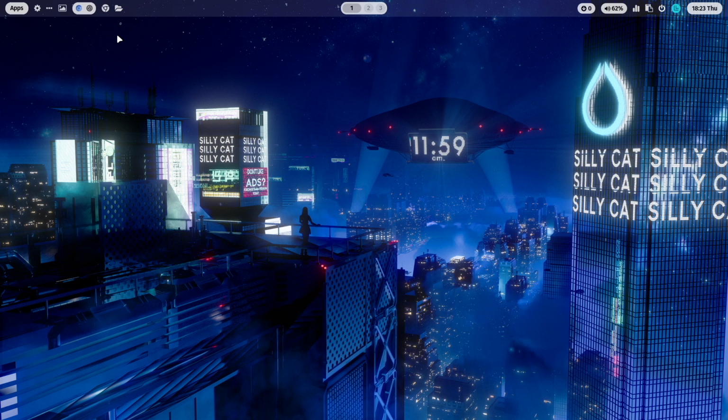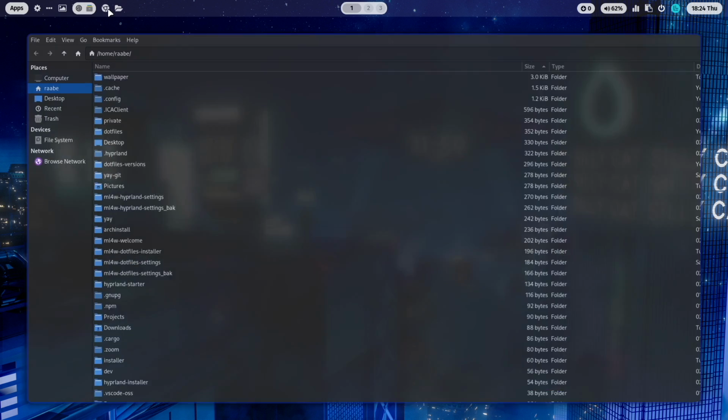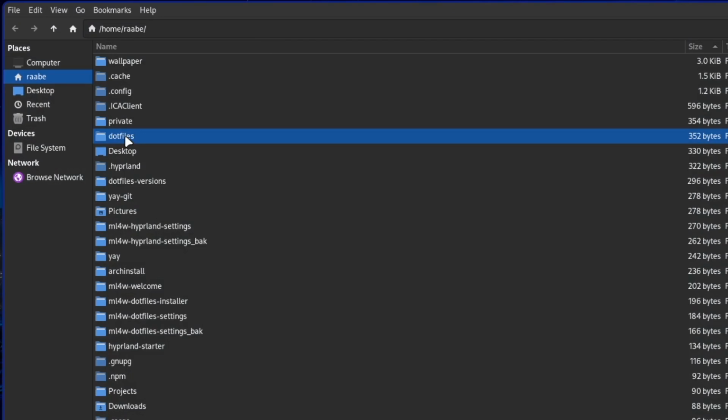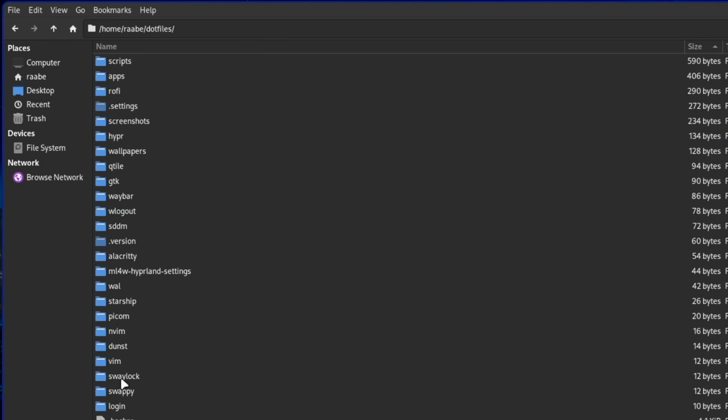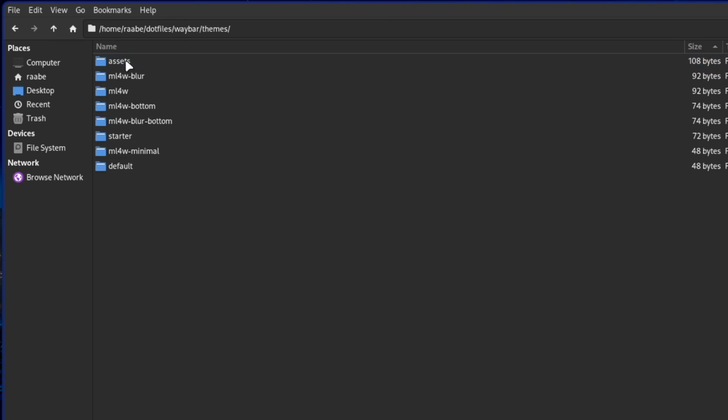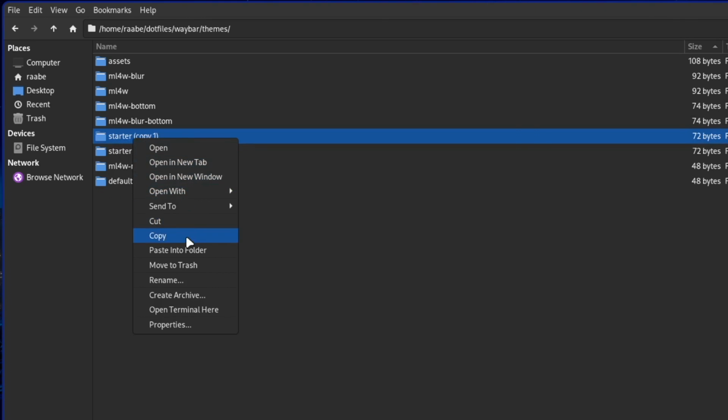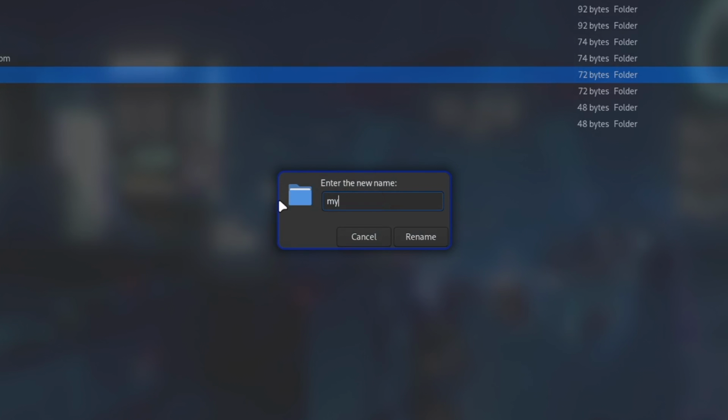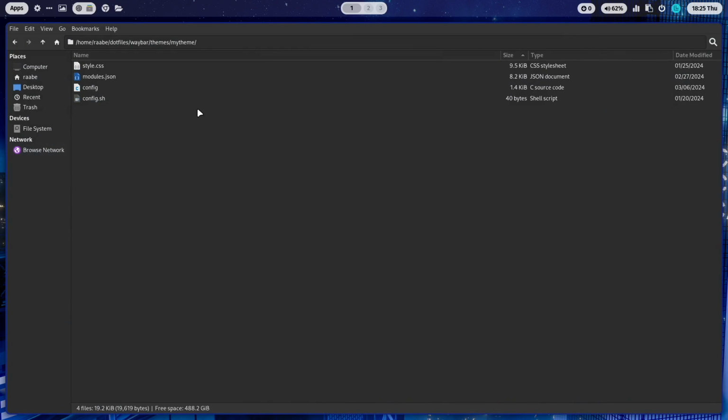If you want to create your fully customized Waybar theme, you can do this. You can click here on the file manager icon, move into your Dotfiles folder, then go to Waybar and open Themes. And you see here the starter package for your customization. Copy that, rename it My Theme folder, go in,